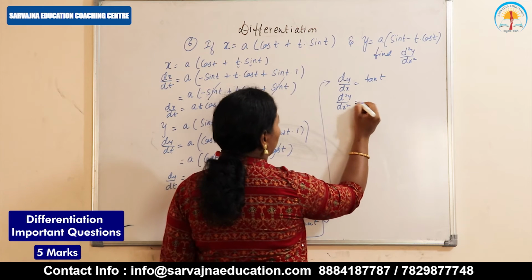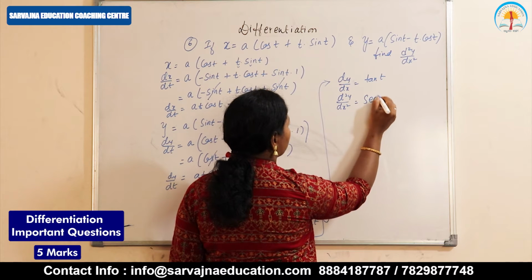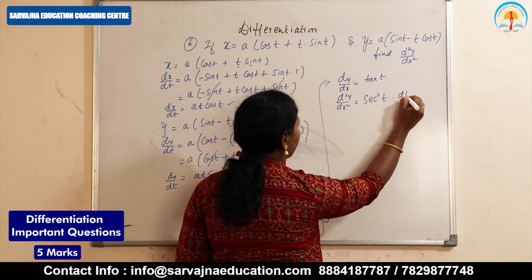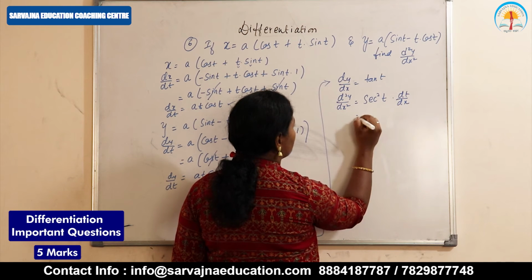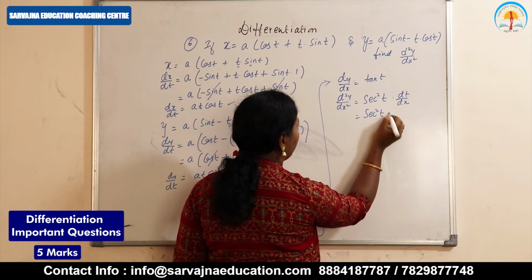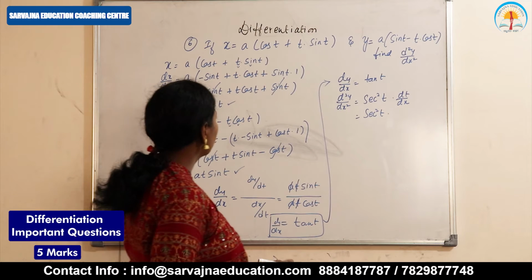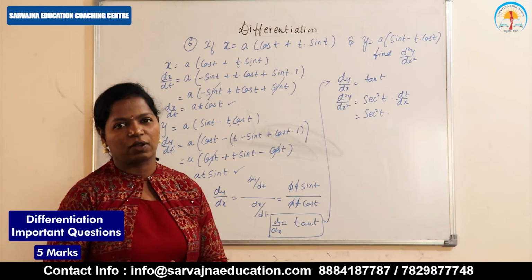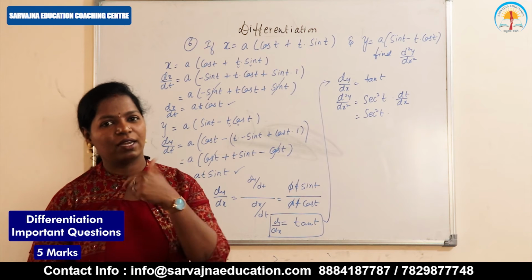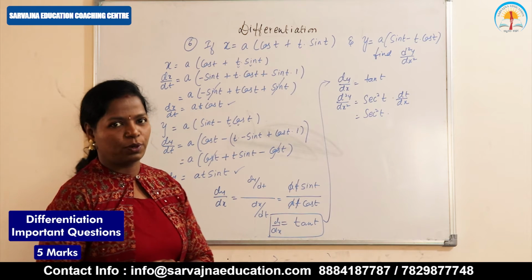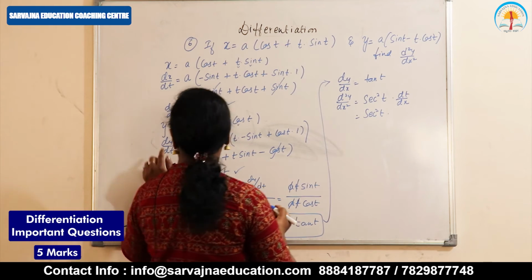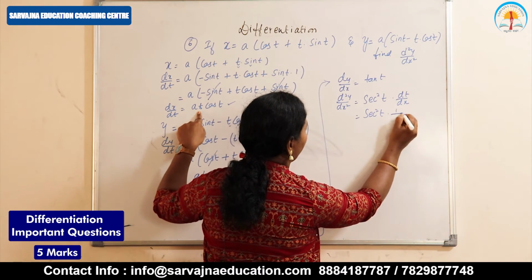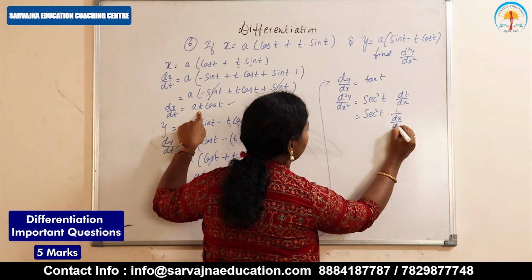Okay, so tan t differentiation is secant square t. Again in the place of x there is a t. So again dt by dx. So secant square t into, what is dt by dx? I don't know dt by dx, correct, right? But dx by dt I know. I'll take a reciprocal. dx by dt is a t cos t. So it is 1 divided by dx by dt.